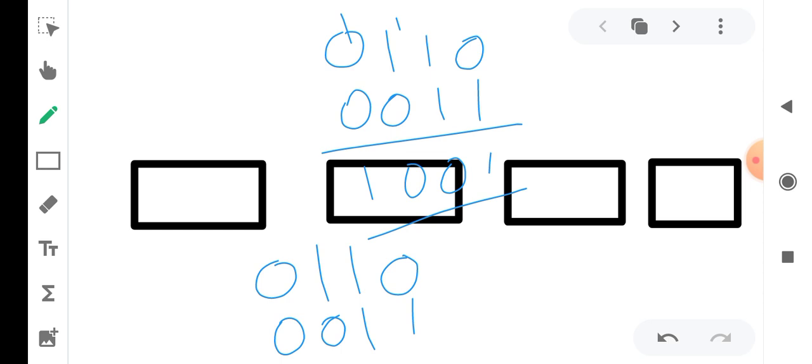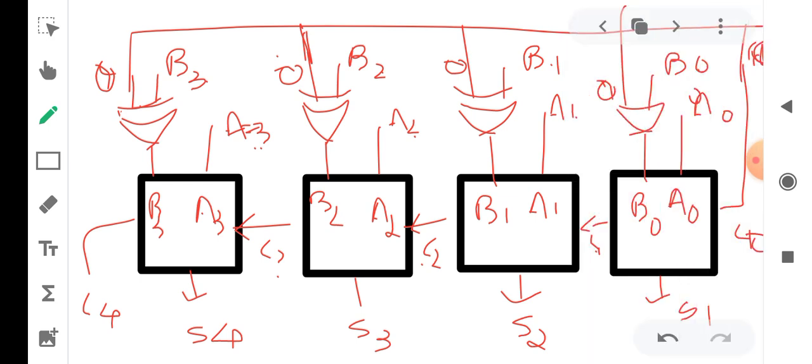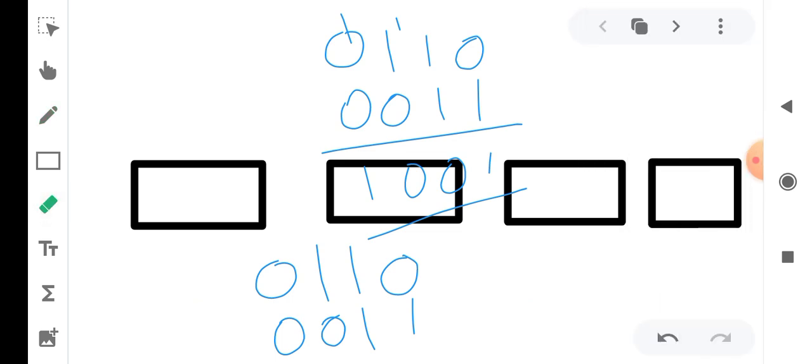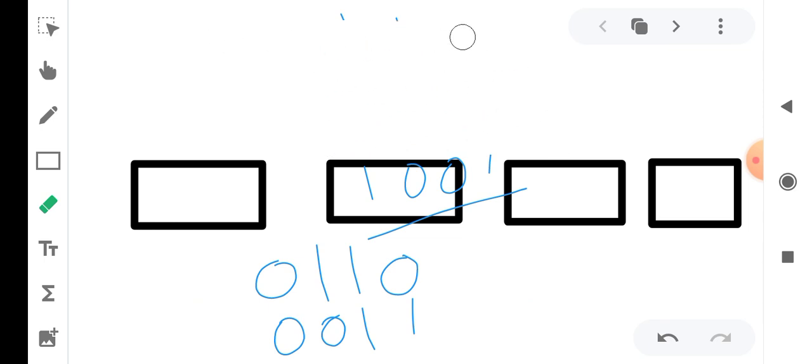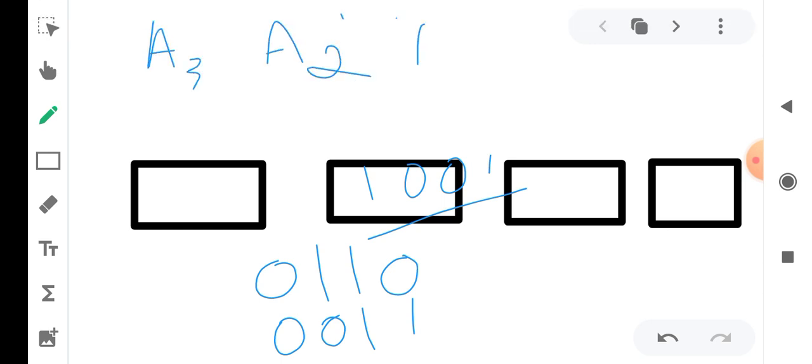It's very simple. But how can you do this in terms of a 4-bit adder? So this I am telling here. Say C is equal to 0 here. When C is equal to 0, it activates the addition, and we have given B3 B2 B1 B0 here, which I like to show here as B3 B2 B1 B0. So here A3 A2 A1 A0.